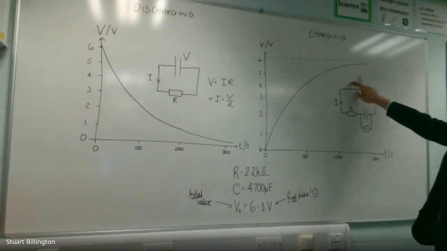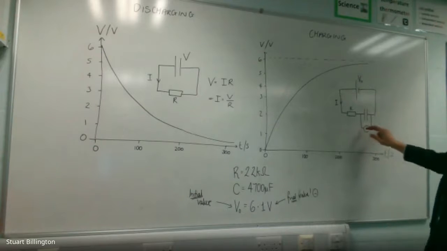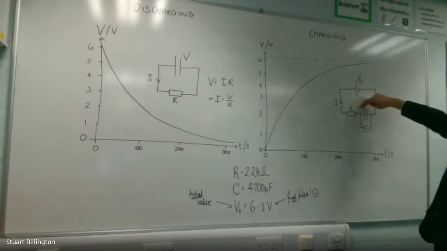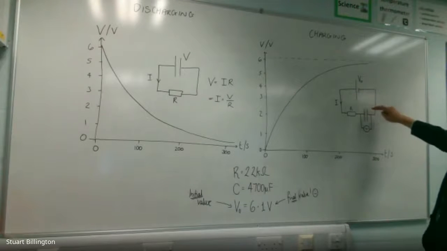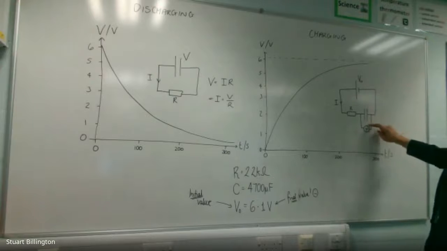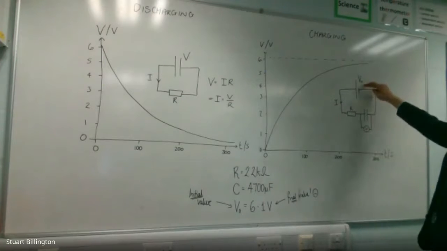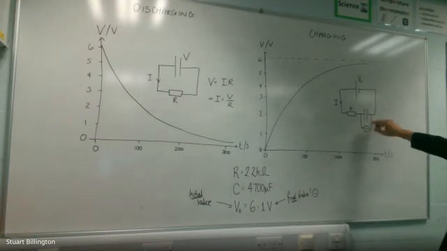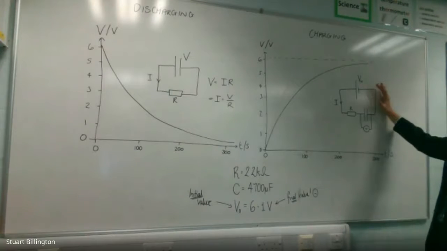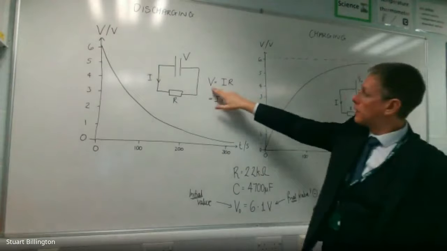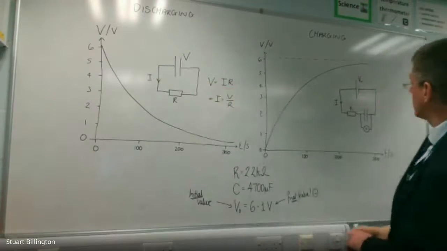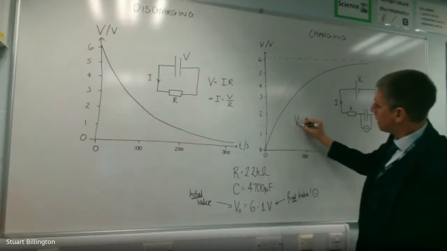This one's trying to drive the current anti-clockwise around this circuit, but as this capacitor charges up, this plate will match the positive plate here, and this plate will match the negative plate here. This potential difference is going to oppose this one. And by Kirchhoff's second law, we need to subtract off, or add, but this one's negative, the PDs in a closed loop. So when we apply this formula, this V here is the total EMF in the circuit, or the total PD in the circuit, which means we actually need to write V0